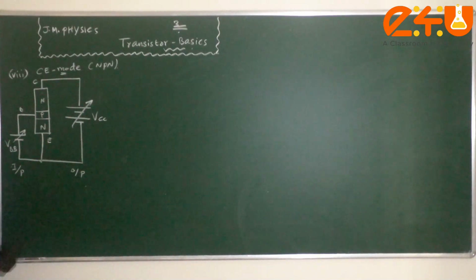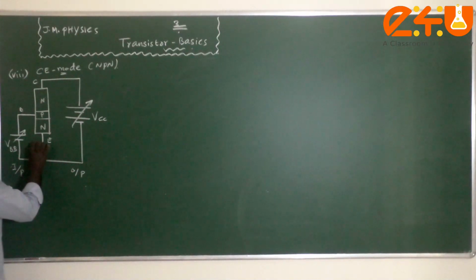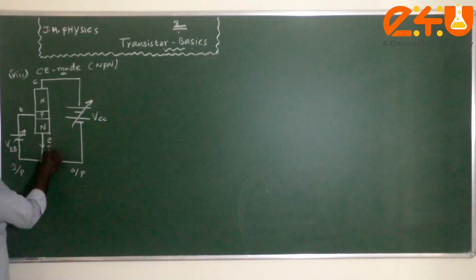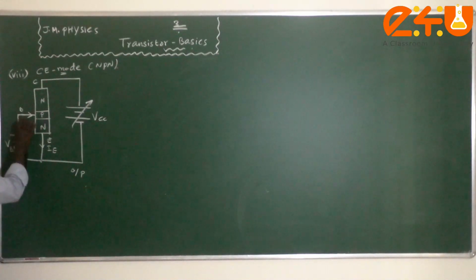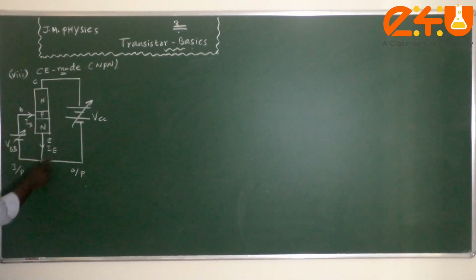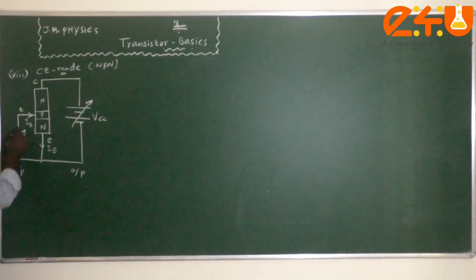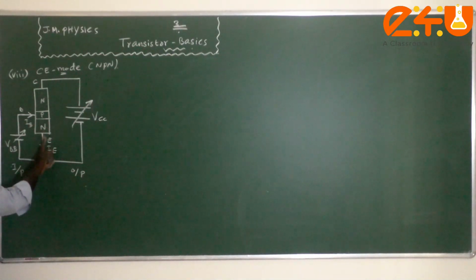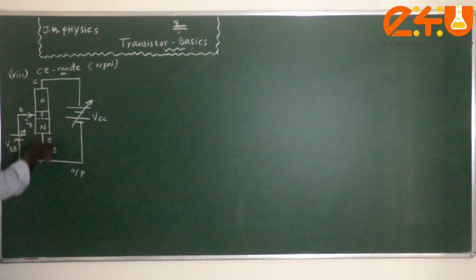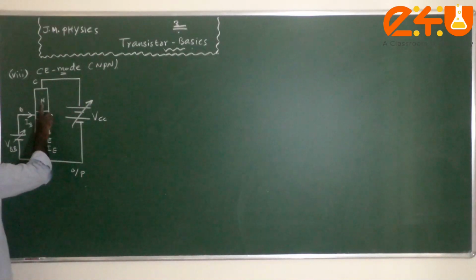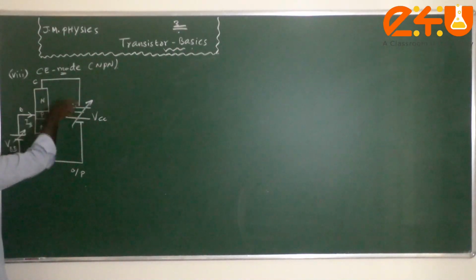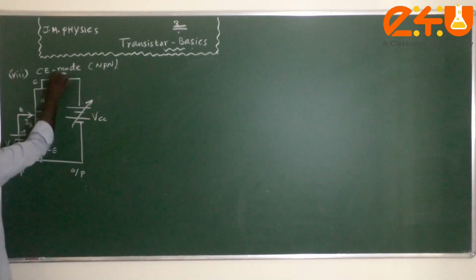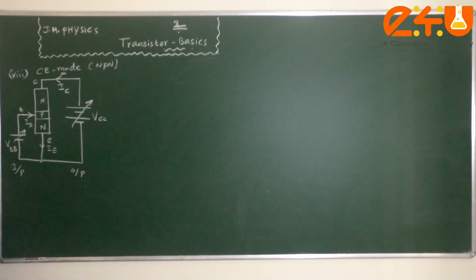Since it is an NPN transistor, just now we studied the direction of the current in that. The current is coming out of the emitter, and in the base layer the current is going in. Very simple, no need to memorize. Positive is connected to that, therefore positive ions or holes may be assumed to be going into it. This is the direction of electron flow. Negative charges are going towards the collector, therefore the current is opposite to that. That's why IE. These negative electrons are attracted by the positive of the battery, so the electron goes like this. Therefore the current direction is IC in this manner.